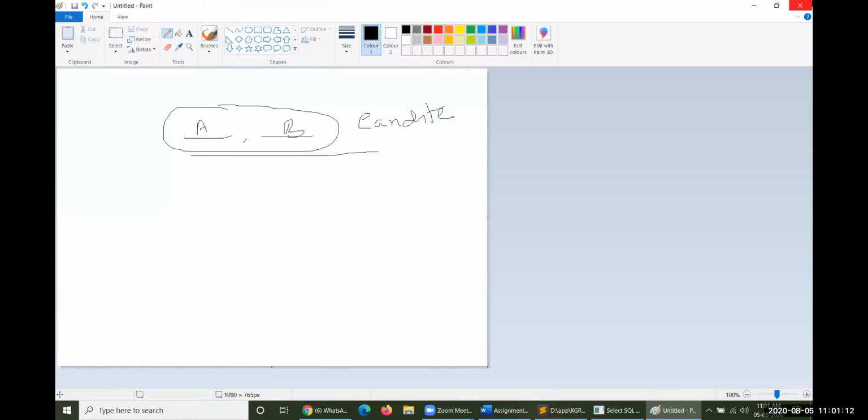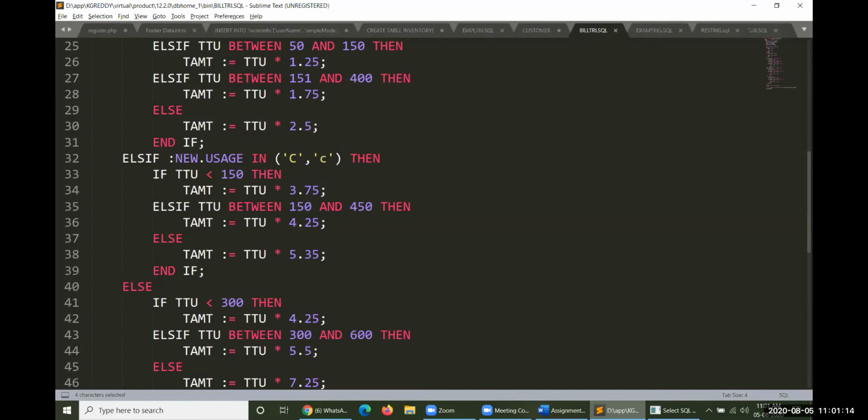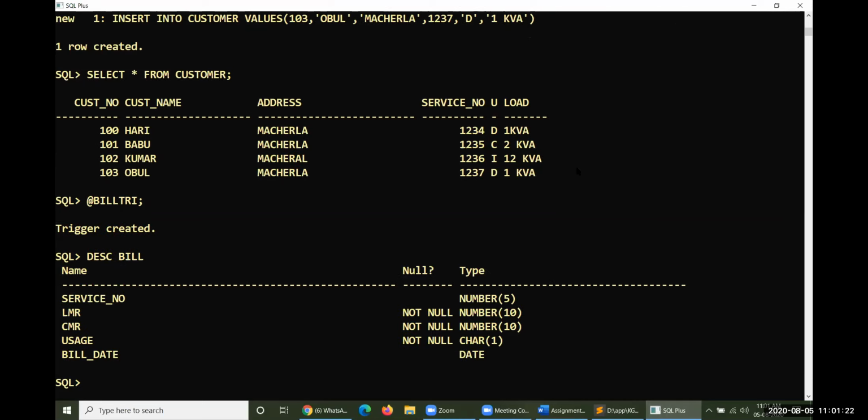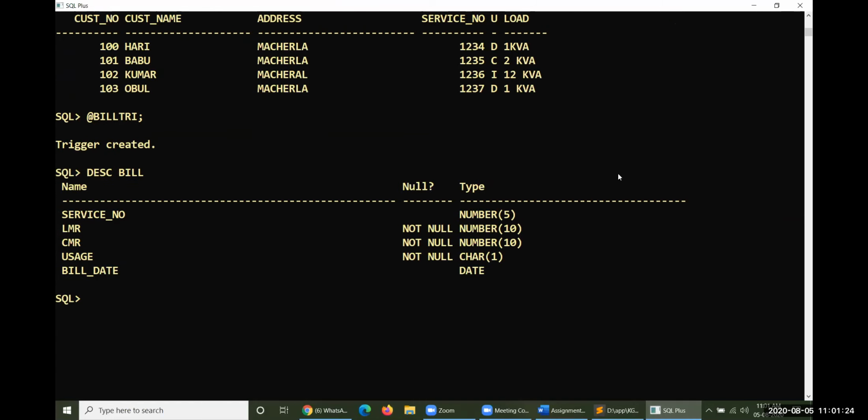Now, let us enter data into the table. Describe pay, bill. Within this particular table, I'd like to enter some data.